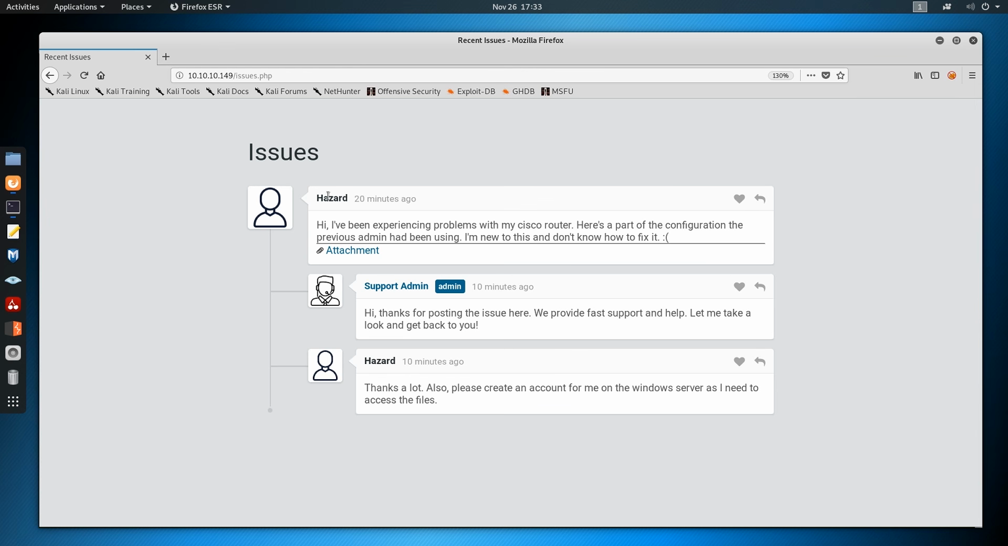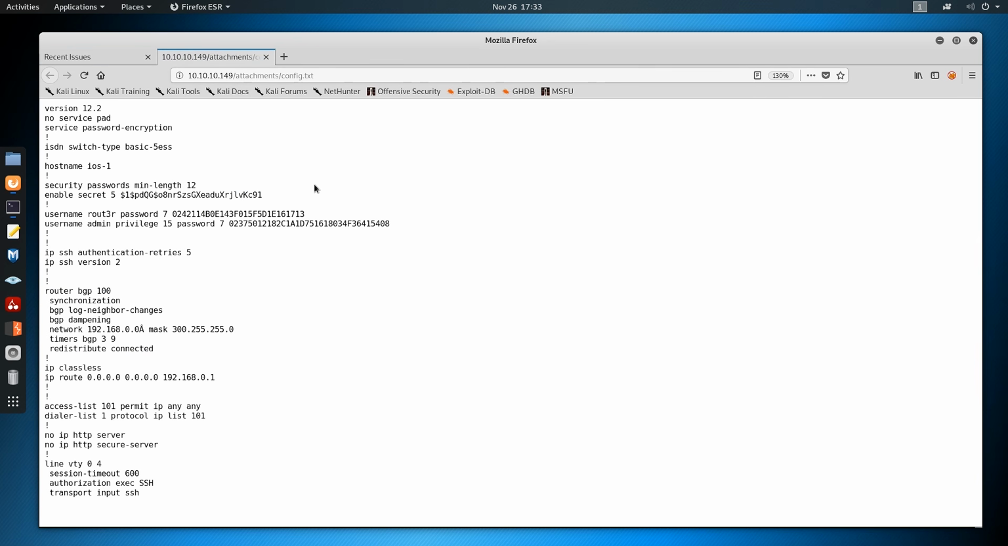We see the user Hazard is saying he's experiencing problems with the Cisco router. Here's part of the configuration the previous admin left us. I'm new here and don't know how to fix it. So if we look at this configuration, we can see it is indeed a Cisco config, and we have 2